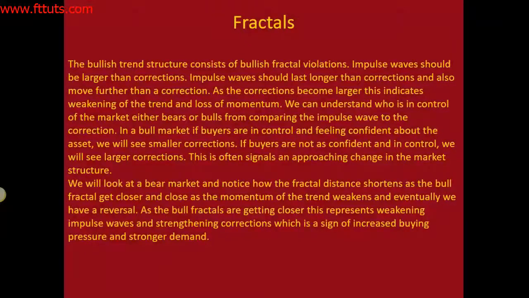So the bullish trend structure consists of bull fractal violations. Impulse waves should be larger than corrections. Impulse waves should last longer than corrections, and also move farther than a correction. As the corrections become larger, this indicates the weakening of the trend and loss of momentum. So we can understand who is in control of the market, either bears or bulls, from comparing the impulse waves